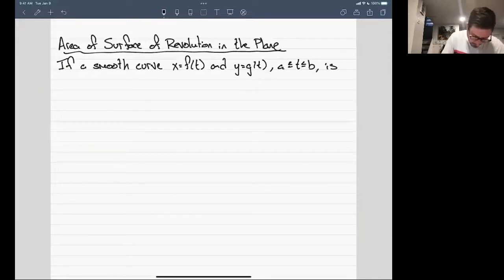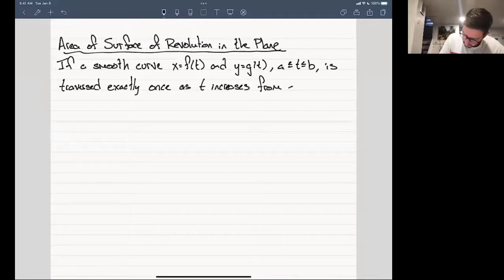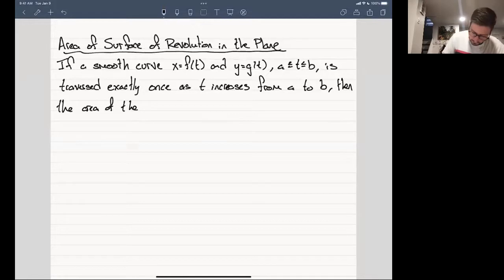If this thing is traversed exactly once, so we don't want to go around and around and around in a circle here, so it's traversed exactly once as t increases from a to b, then the area of the surface